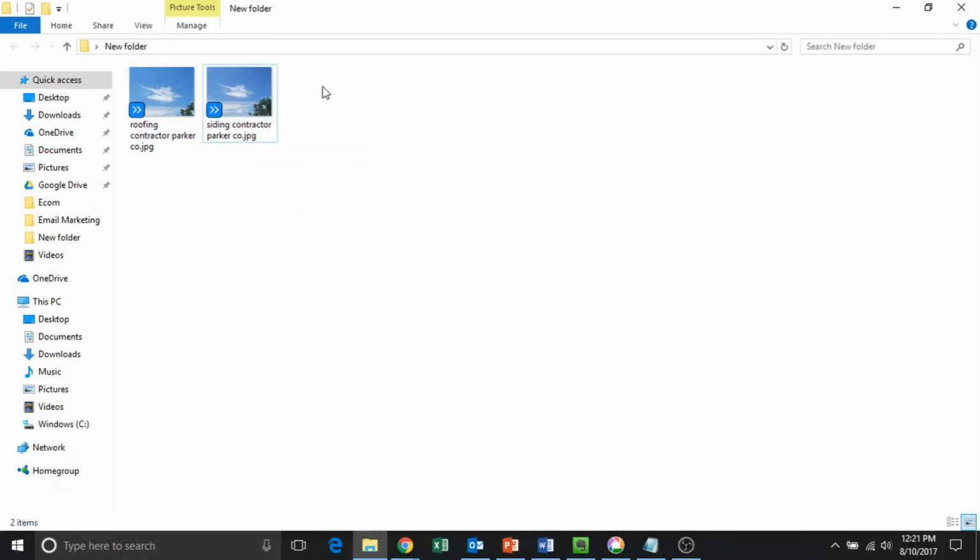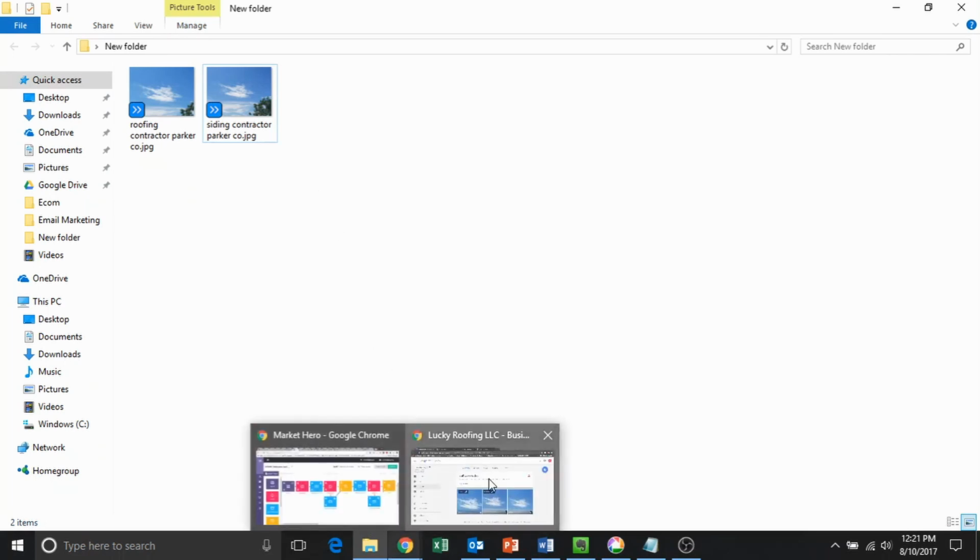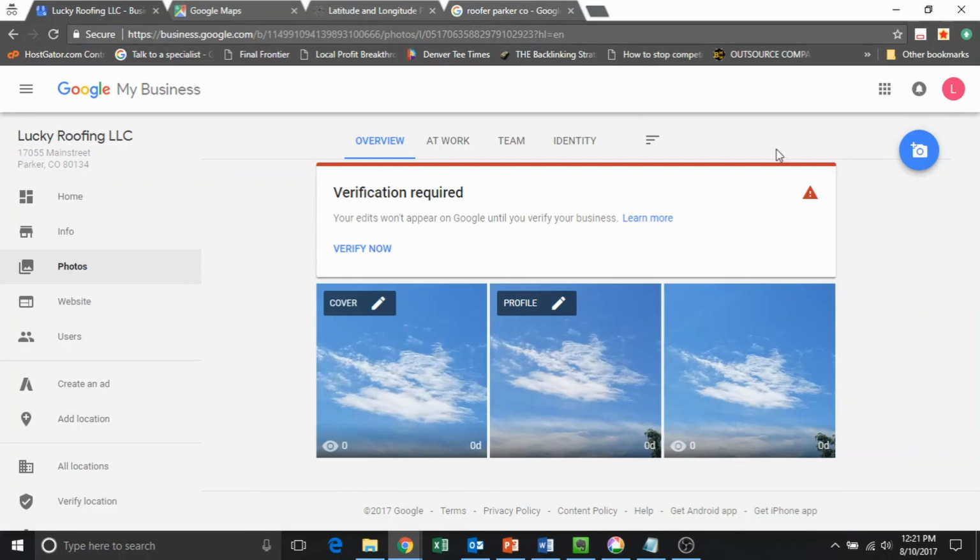Say I have another photo here. I might say roofer, Parker, Colorado, or roofing company, best roofing company, Parker, Colorado. Just mix it up. Definitely get some long tails and some LSI keywords in there, because we want to optimize for any potential searches that we could pick up from what people are searching, because not everybody's going to search